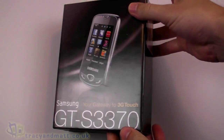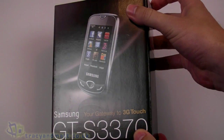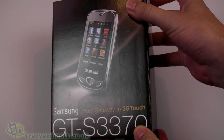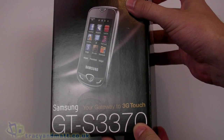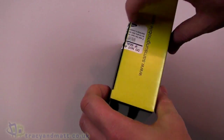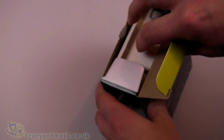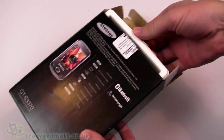Here we have the Samsung S3370, also known as the Samsung Corby 3G, the Samsung Acton, the Samsung Pocket 3G, the Samsung Star Nano 3G. We're going to have a quick look inside, a quick unbox, and then have a quick look at the handset itself. So, inside,